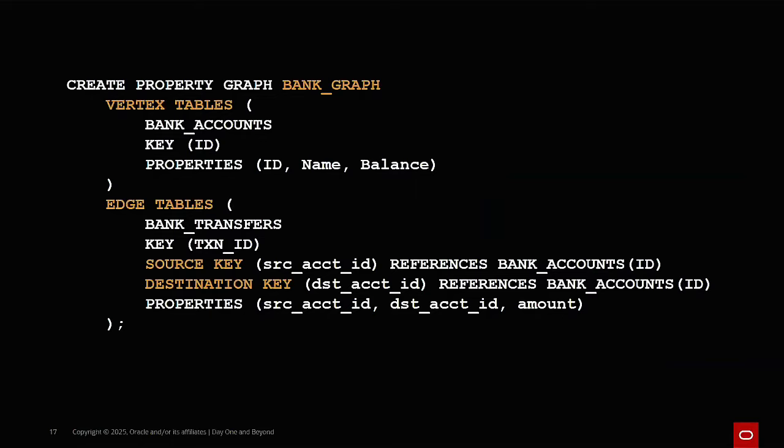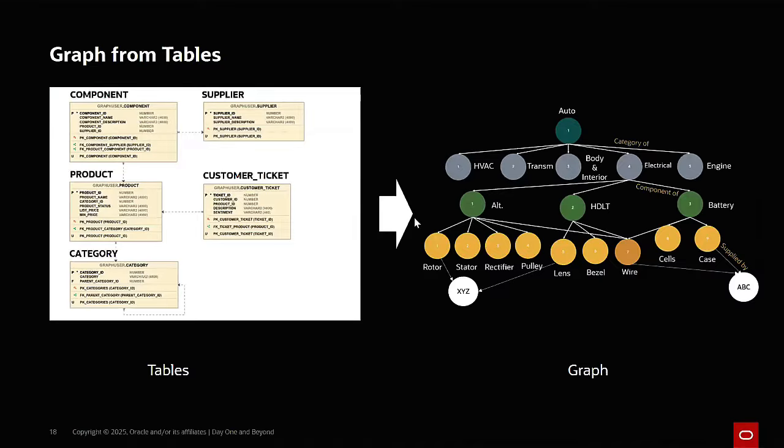So in code, and I'll show you how to use a tool shortly, if you're going to use this in code, here's how you would get the graph representation of data by listing which are the vertex tables or the node tables and which are the edge tables that represent the relationships. So this is a simple example of only one table each, but you can have a more complex example. And here is a set of tables that connect a product, the categories a product belongs to, the components that a product is made of, and then the suppliers that are supplying